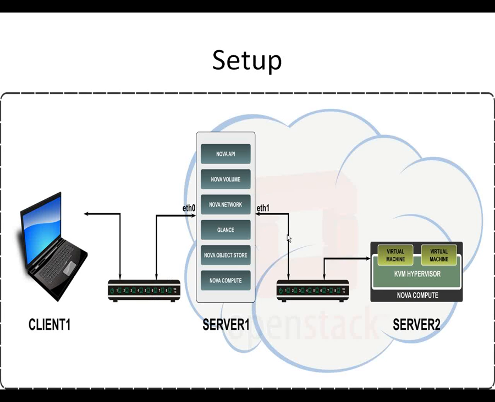Okay, so the before slide is actually an internal view, and if you want to put it into a picture, you can see you have one server. Server one acts as a controller. In networking terminology, they used to call it a cloud controller. So the cloud controller will have the volume, network, glance, object, and the compute together to follow all the queuing